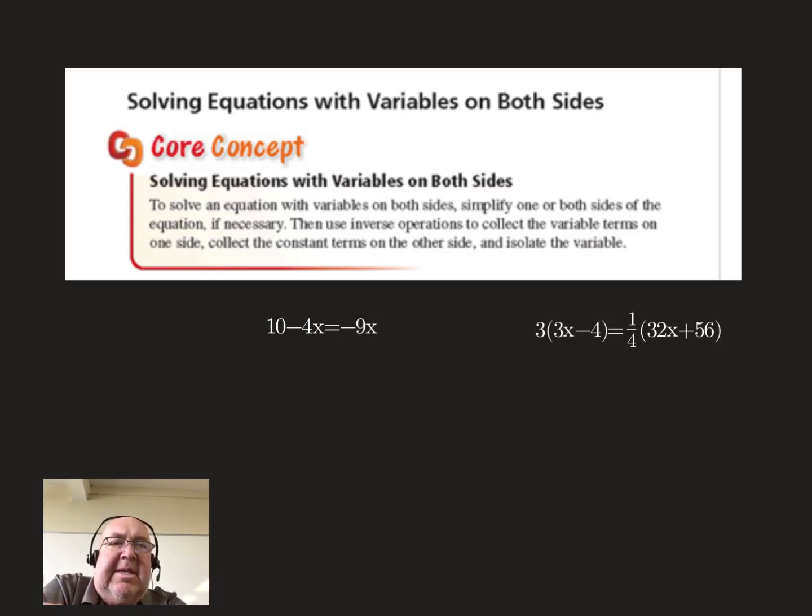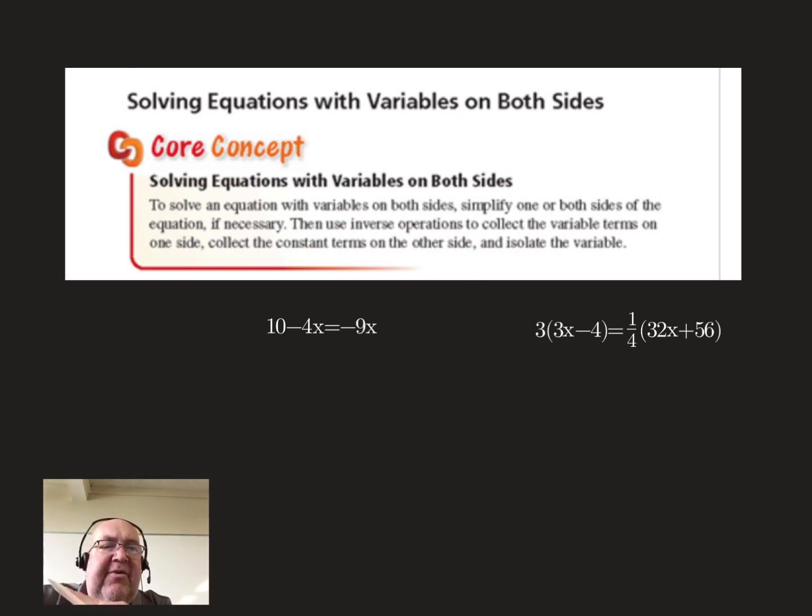So in today's work, we're going to have equations that have variables on both sides of the equal sign. In this case, we want to take all of our variables to one side, all of our constants or numbers to the other side. That way we can isolate and solve for the variable. So in this case,